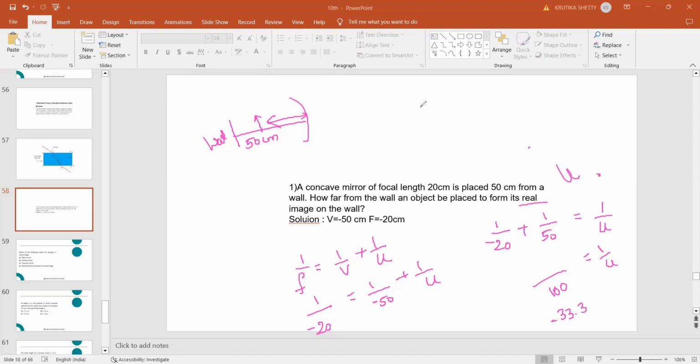Whatever answer you are getting, we need to subtract it from 50. Then you will get the correct answer. That is 50 minus your object distance 33.3, and if you simplify this, you will get